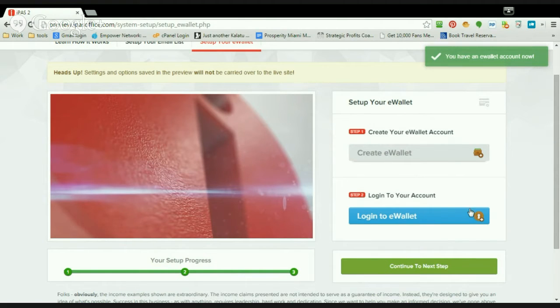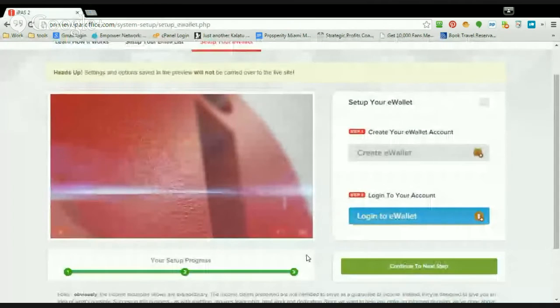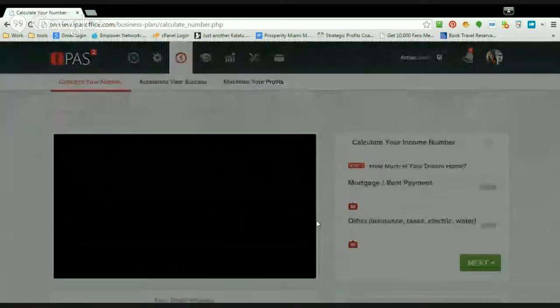It says, I have one, right? And log into e-wallet. So if you didn't have one, see, right now it just brings us back to... If you didn't have one, then you would be creating one up there. And we're just going to hit continue to the next step. Now, if we were live,